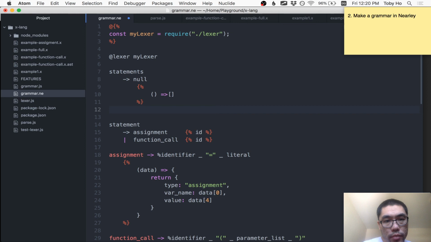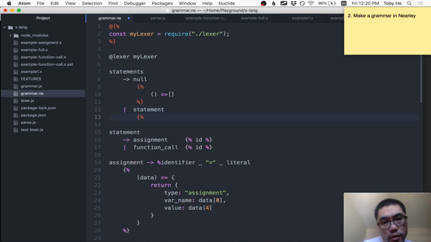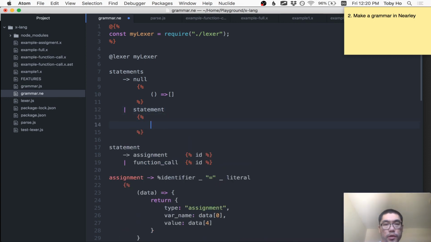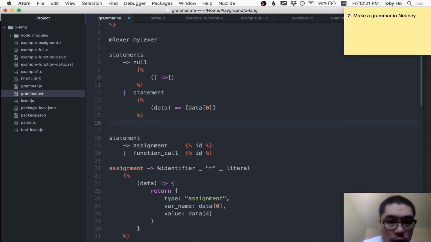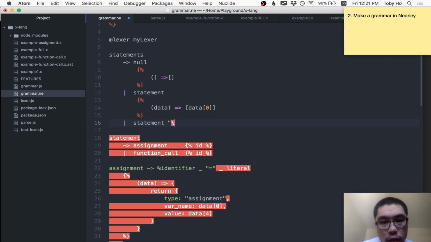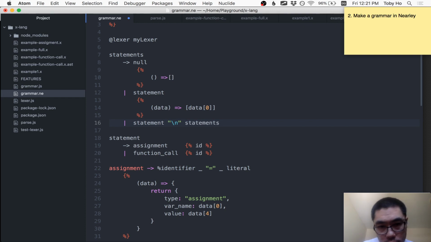But if we had one statement, then the thing that represents the program should be an array with that statement in it, which is going to be data index 0, because it's referring to the stuff in here. And then, but it could also be a statement, and then a new line, and then more statements. Okay. In which case,